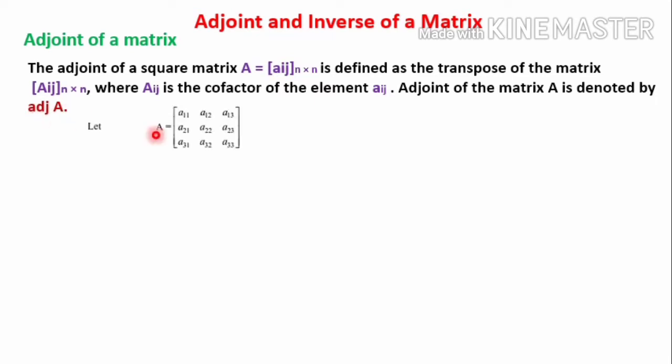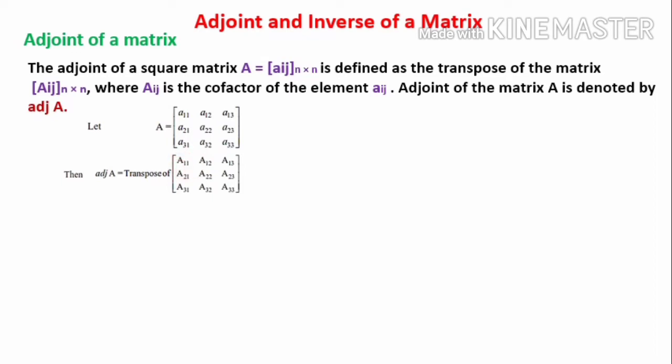Consider an example. Let A be the matrix a11, a12, a13, a21, a22, a23, a31, a32, a33. So here all the elements are represented by small letter a. Then adj A is equal to the transpose of the matrix A11, A12, A13, A21, A22, A23, A31, A32, A33. Here each element is represented by capital letter A because capital letter A represents the cofactor of each element of